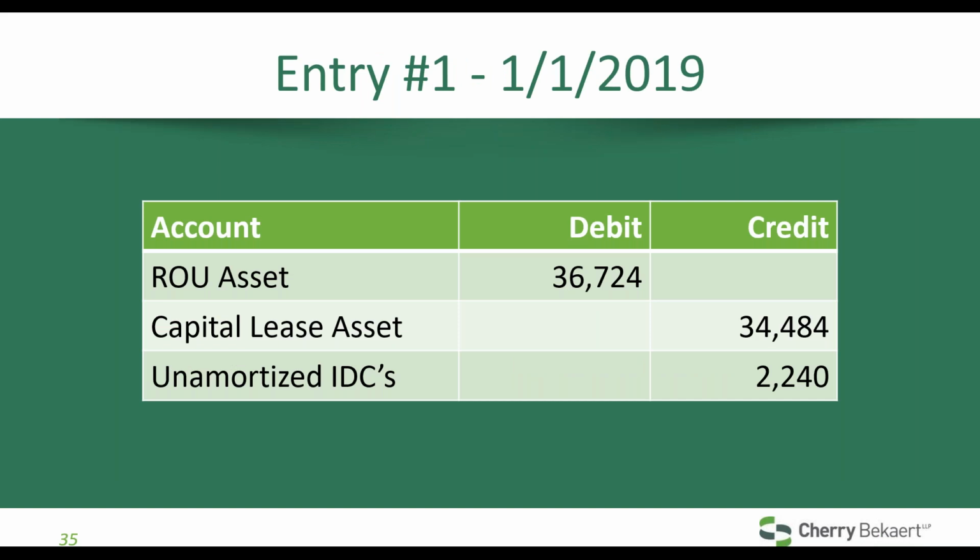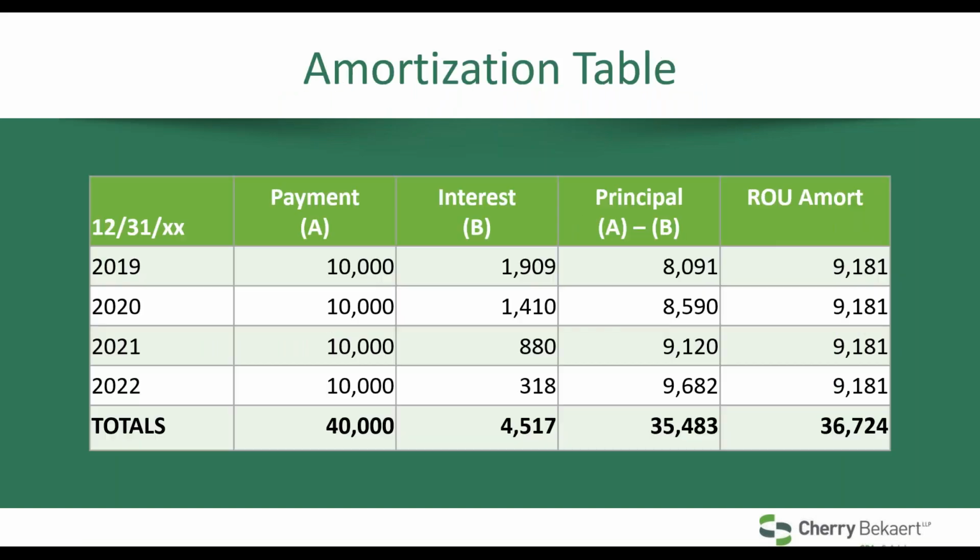To record the transition adjustment, the company would record this journal entry at January 1st, 2019. This is just closing the capital lease asset and the unamortized initial direct costs into the right of use asset. So you can see that there's no real impact here. It's just moving the assets around to different names on the balance sheet. Then, going forward,